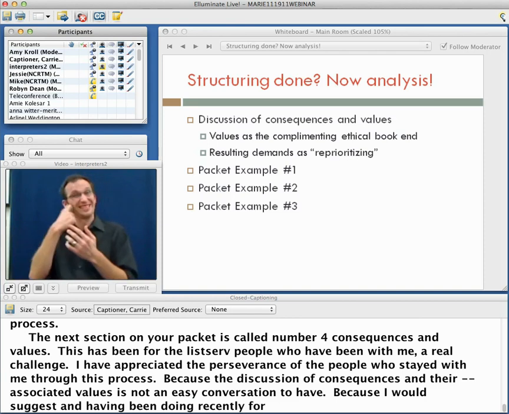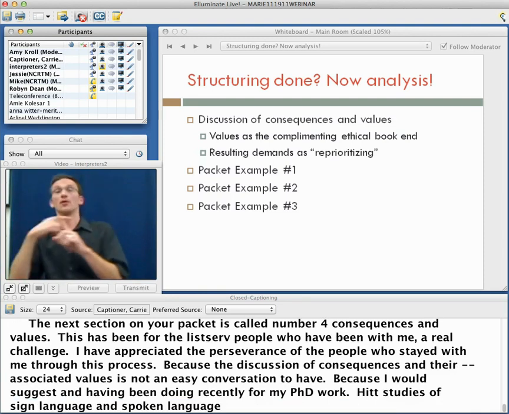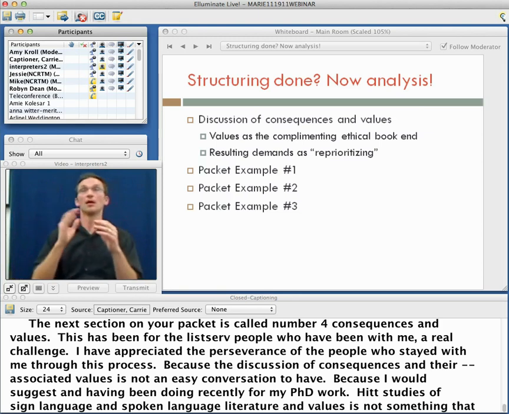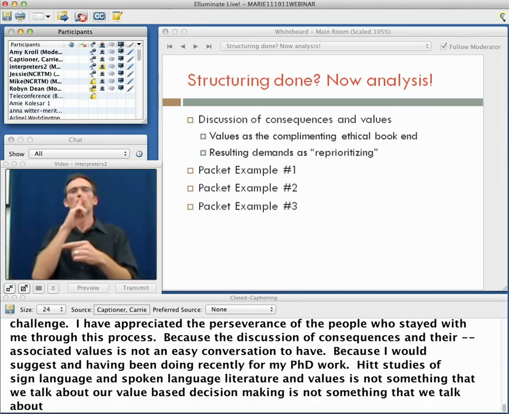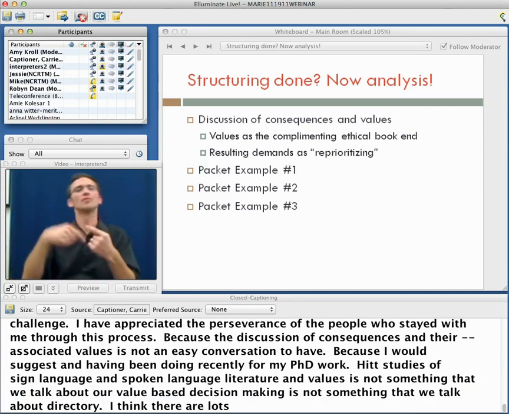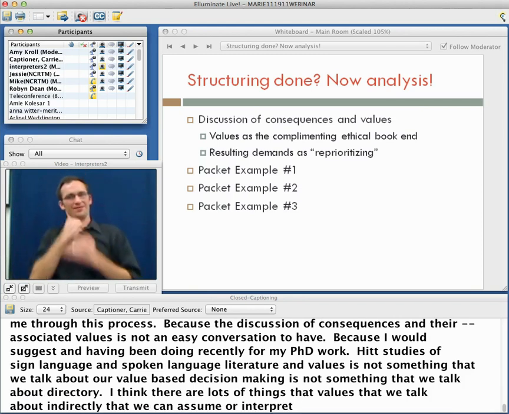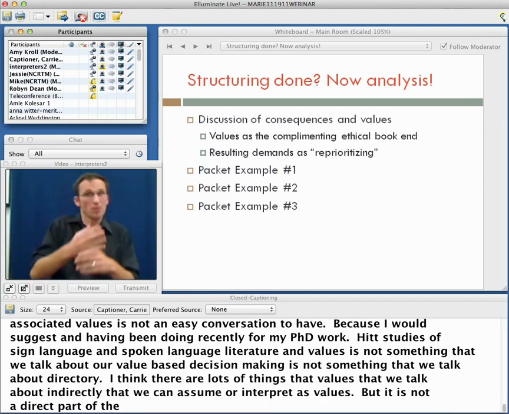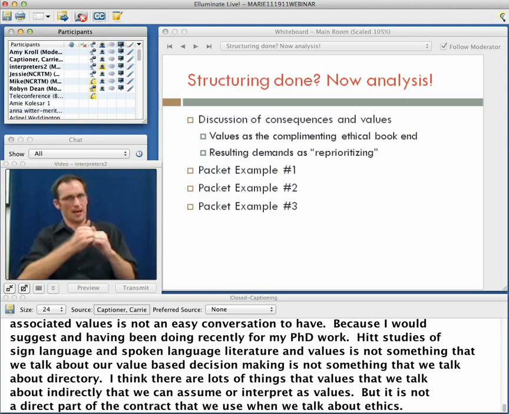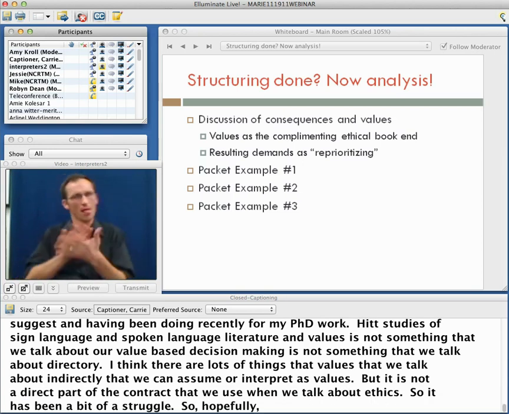literature studies of not only sign language interpreting literature, but spoken language interpreting literature, and values is not something we talk about, or value-based decision-making is not something we talk about directly. I think there's lots of things that are values that we talk about indirectly that we can assume or interpret as values. But it's not a direct part of the constructs that we use when we talk about ethics. And so it's been a bit of a struggle. So hopefully these examples will highlight for you,